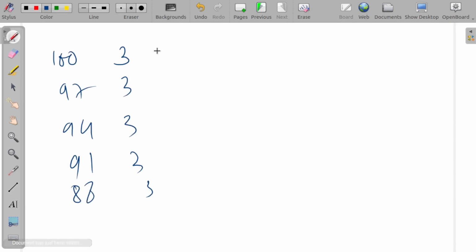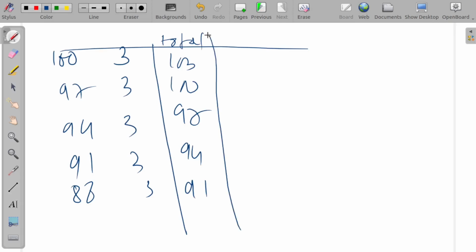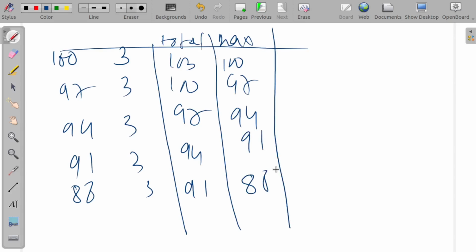So basically it will be replaced there, and the total will be 103, 100, 97, 94 and 91. And then after that the max value will be 100, then 97, 94, 91 and 88. And after deleting, what value has been present there,